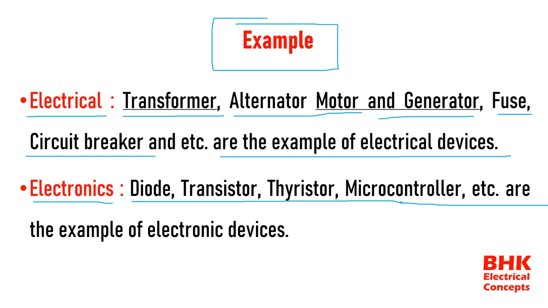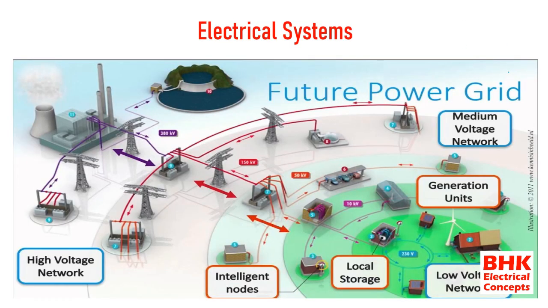And the most important thing is, if I look at the electrical systems here, the space required for the electrical system is very high. For example, see here, the transformer or transmission towers. This is a transmission tower and this one is also a transmission tower. And see here, this is the generation unit. It means it requires more space to install the generator. So the complexity of the electrical system is very high,